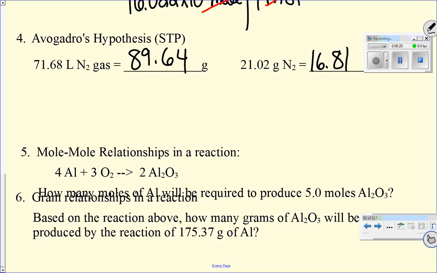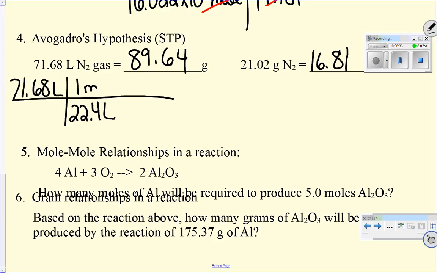So for the first one, you're taking your 71.68 liters. We need to get rid of liters. So our 22.4 liters to 1 mole is going to go right. Our 22.4 liters is going on the bottom, and 1 mole on top. To get rid of that mole, we're going to have 1 mole right here,